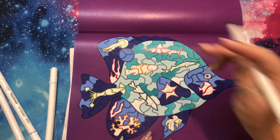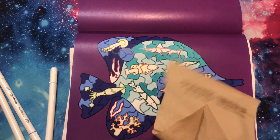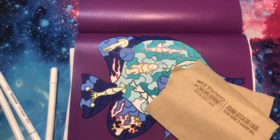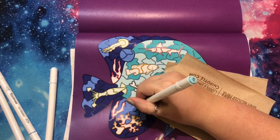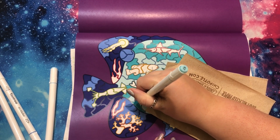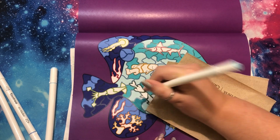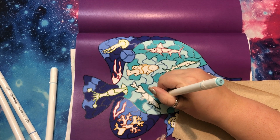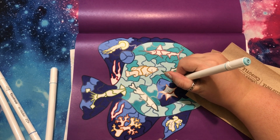And the two ideas I would either have is keep one hand in the air, or we can always put one of our Magic Chipotle tissues over some of the page while we're doing it. I know a lot of people get, well, I don't know about a lot of people. I know Shayna from Shayna in Colorland uses a coloring glove, which seems really cool. But I don't tend to have this problem except for red markers. Red always gives me trouble. So I don't know if I would need to get a coloring glove or not, but